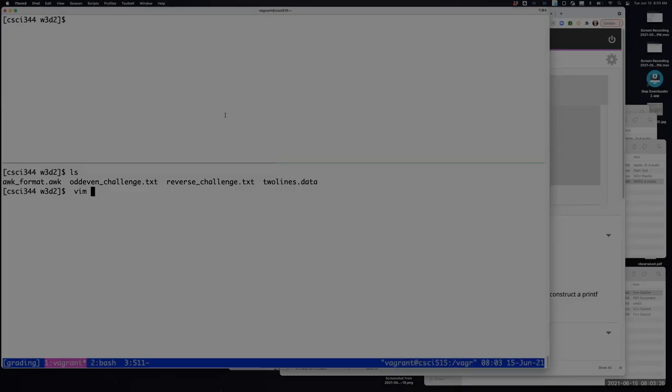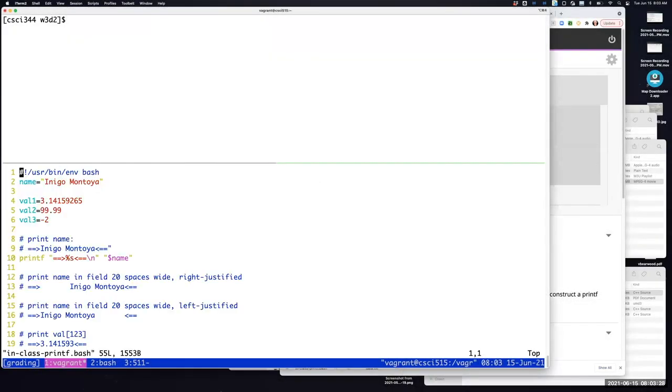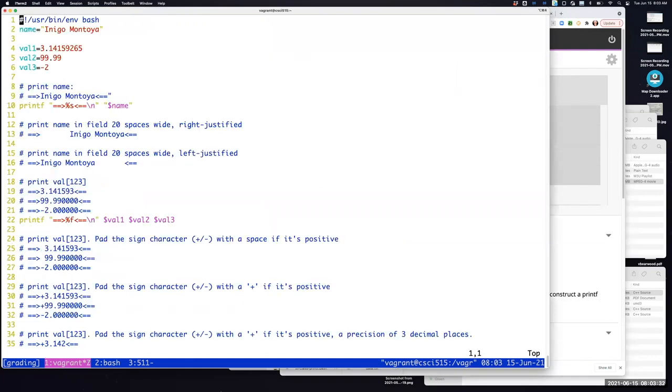This is called in-class printf.bash. So this activity that you're going to need to do today, once I cut you loose, is structured such that you learn more about the formatting codes